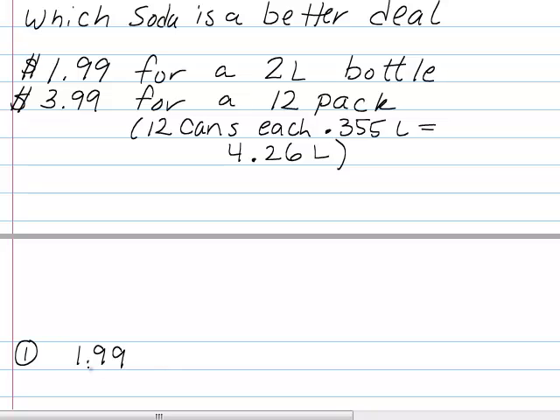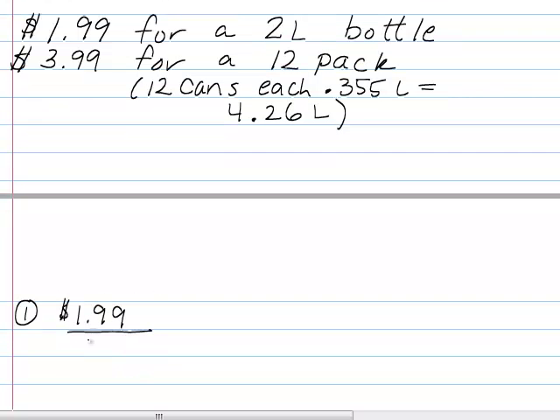So first of all, our first option here, we had $1.99 for 2 liters. So let's write that as a ratio, $1.99 per 2 liters. All right, and now we want it to be a unit rate, and so in this case we go $1.99, and we're going to divide that by 2. Remembering that we bring our decimal straight up, we know that 2 doesn't go into 1, so we're looking at 2 into 19. Well, that would be 9 times. 9 times 2 is 18. I subtract, I get 1, I bring down my 9,